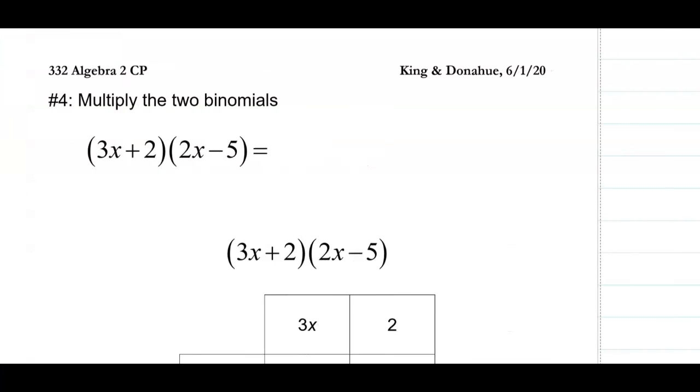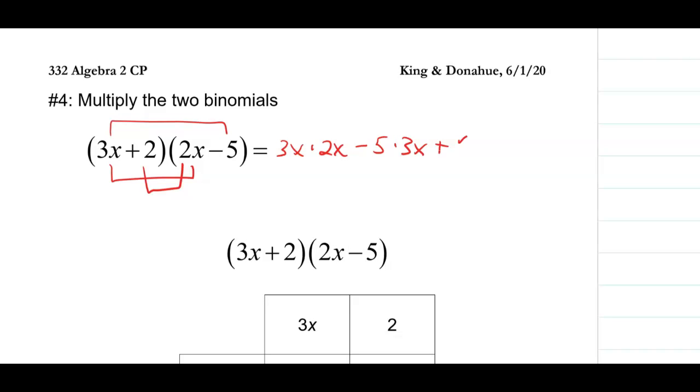Now we'll come to a still slightly more complicated example here. We've got 3x plus 2 times 2x minus 5. And when we FOIL, we'll go 3x times 2x. And I'll write this out. If you're comfortable with this, you don't have to write this out. Outer terms, 3x times negative 5. I'll go with the number first, negative 5 times 3x, and then 2 times 2x, the inner terms, and then 2 times negative 5,